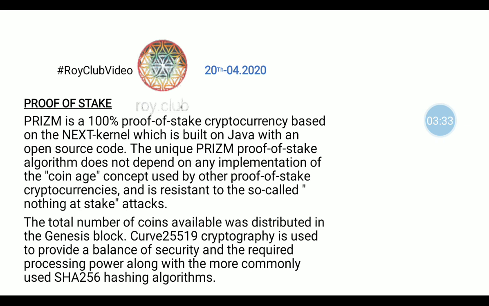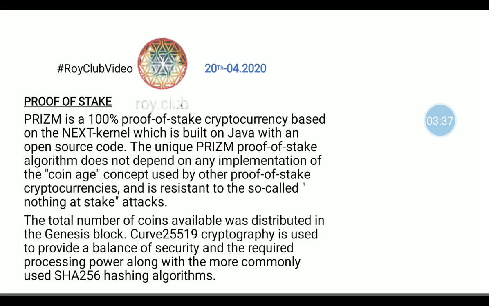But all I want to let you know is that when we talk about proof of stake, it is the amount of money you're going to put into Prism, into Royclub. Basically, investment. What you invest is what we call your proof of stake. So when you invest 100 Prism, in the second month you should be able to get about 20%. It's 20%, that's the topmost, by the way. You can get between 15 to 20%. So if you put, let's say, 100 Prism, you should get 20 Prism.